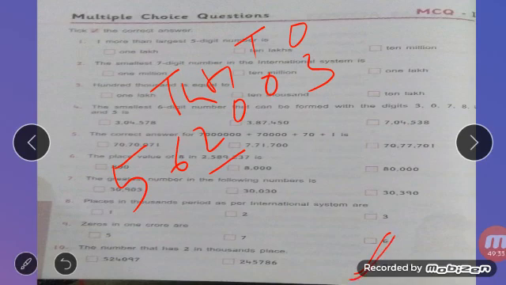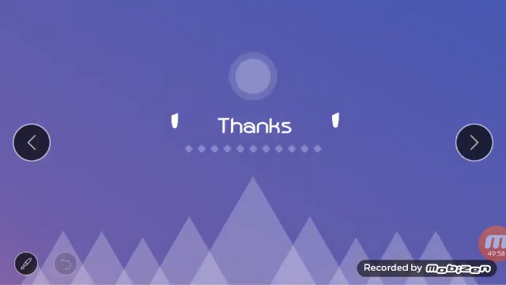Put a tick here. So understood, children? The whole exercise: do your work, understand the video, watch the video carefully, do your work one by one, do 1 question, 2 questions, then again see the video, do the next questions. This way you complete the exercise and show it to me. Okay children, so here, thank you.